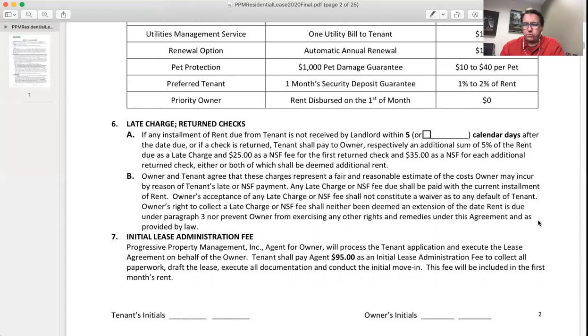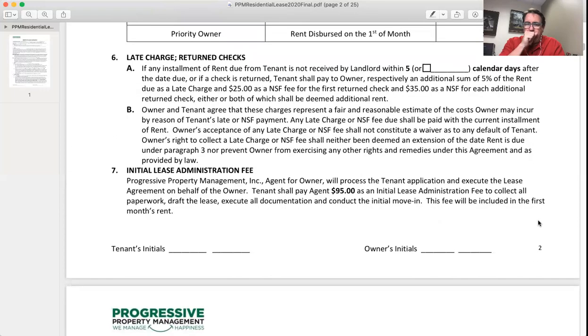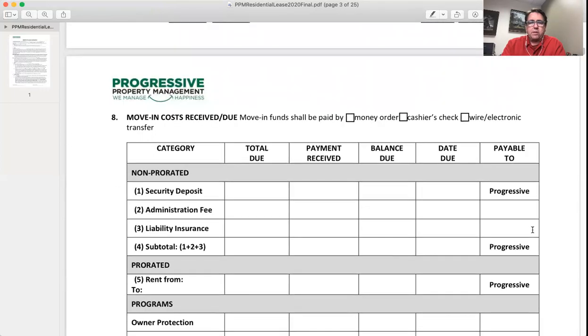We don't want to charge you a late fee. We don't want to post a 3-day notice to quit on your property. We really want you to pay as agreed. If you're a new tenant, to set up and put you in our AppFolio software, which is our management software, and get all your paperwork in, we charge a one-time $95 admin fee, and you'll see that on your first lease. So this is your breakdown.